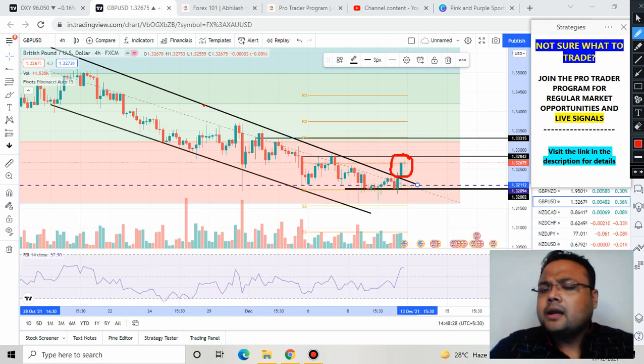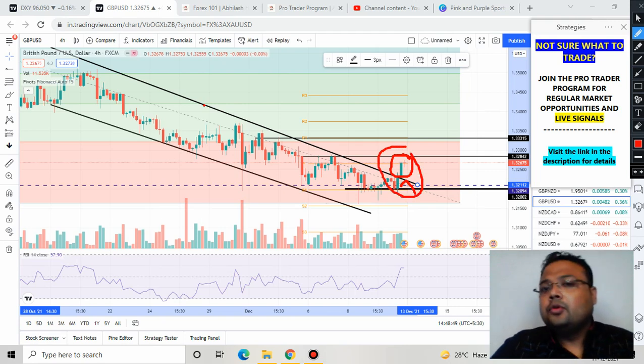So when the market hits the trend line, if it reverses, we could easily take a sell position. But right now the market broke the resistance, and therefore we still do not have a clear answer whether the market will be coming down again or not, whether this trend line is valid or not.